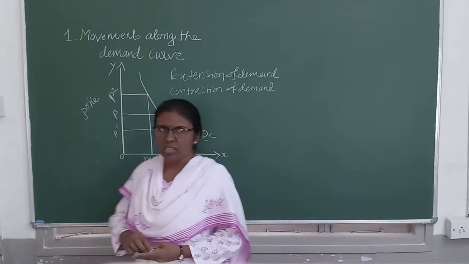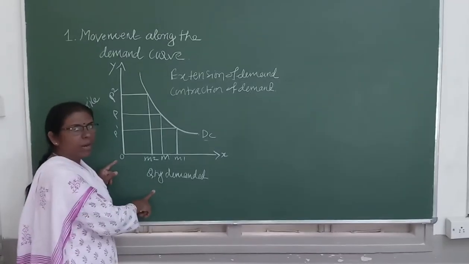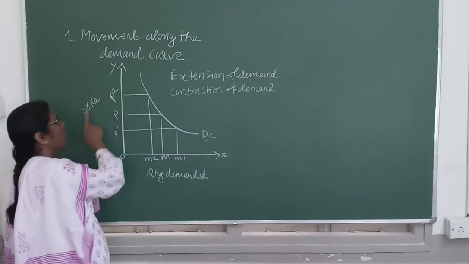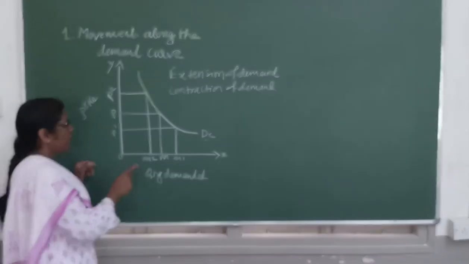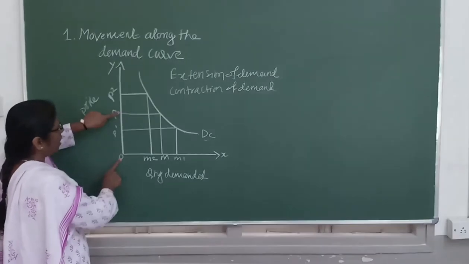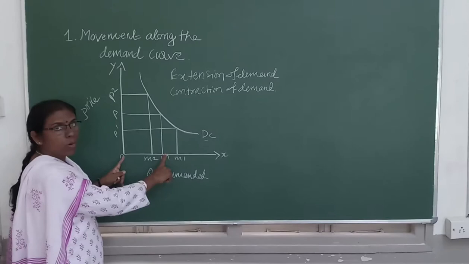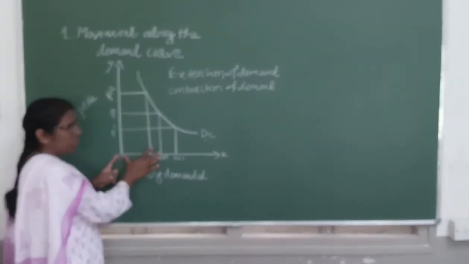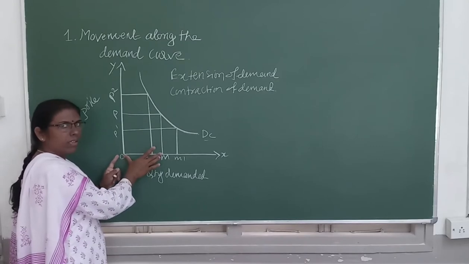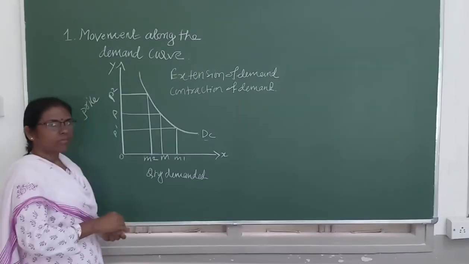Yes, dear students, see here, on OX what is given? Quantity demanded is given, and on OY price is given. Initially OP is the price and demand is OM. Is it clear? So when the price increases,